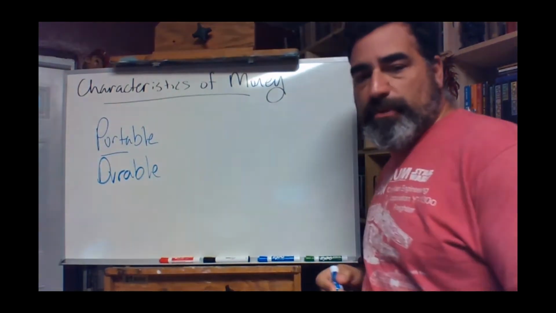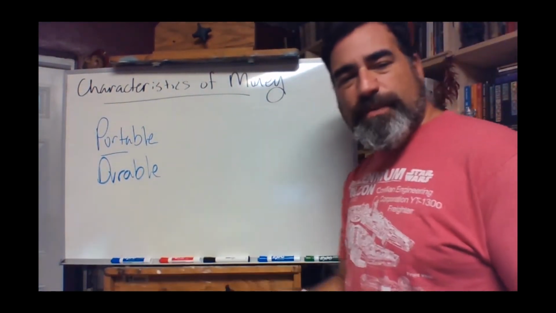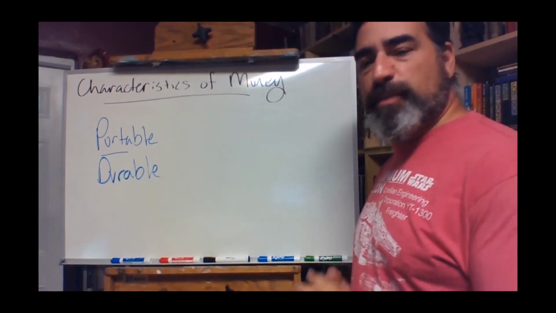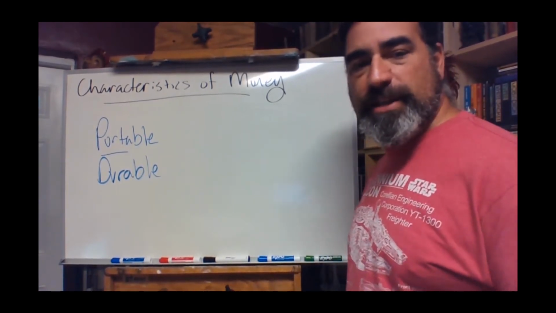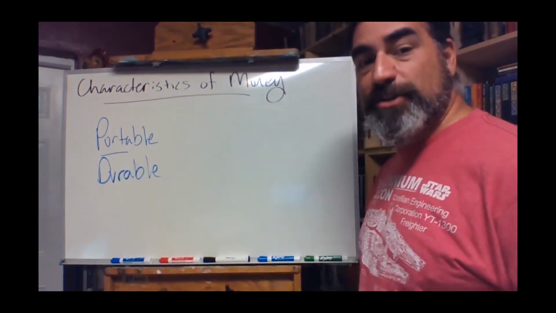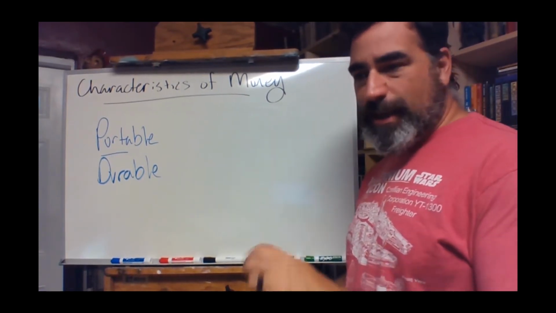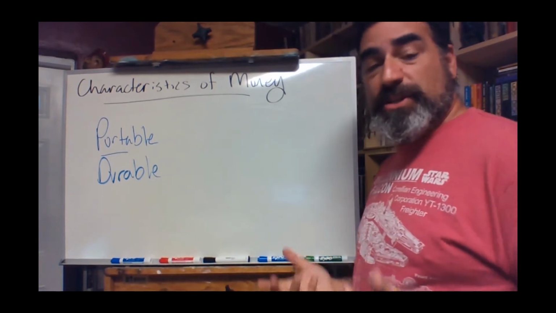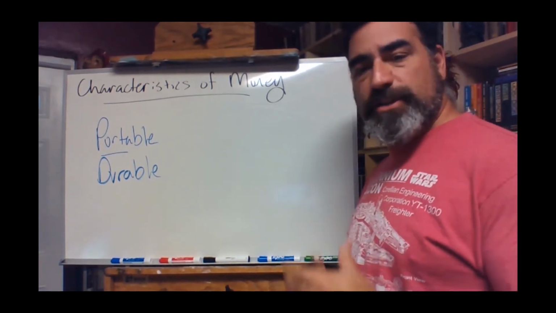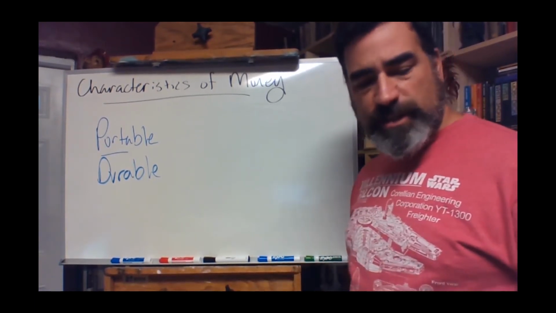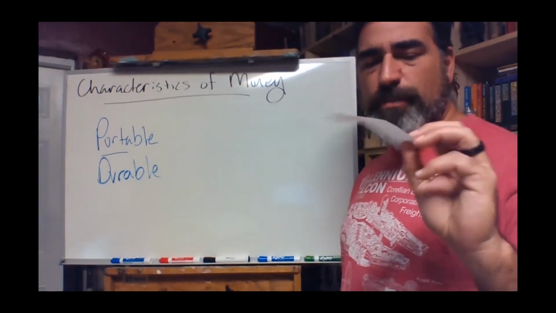It is durable, right? All of you have probably had the experience where you left the money in your pants and you did laundry, and then the next day there's your dollar bill. It's all wrinkly and wet and crunkly and stuff like that, but it's still a dollar bill. It still works, right? It's durable. It lasts, right? This Andosha buck's made of paper, but it's durable to a certain extent.